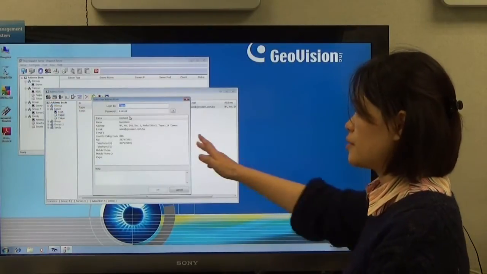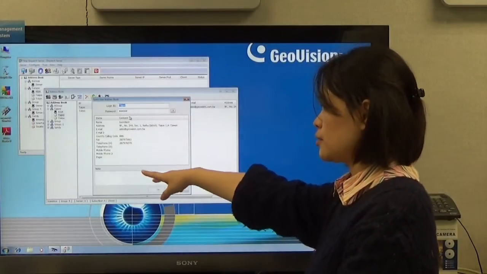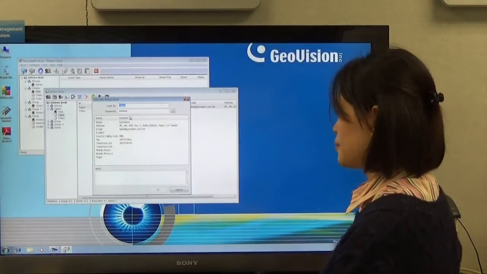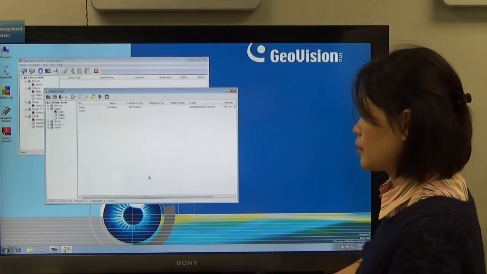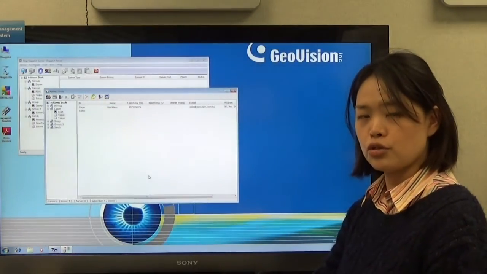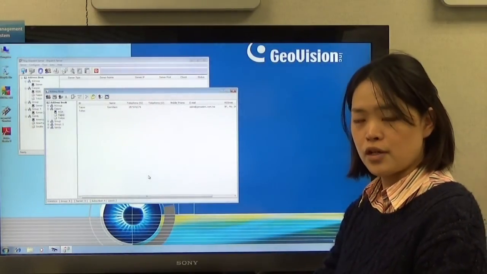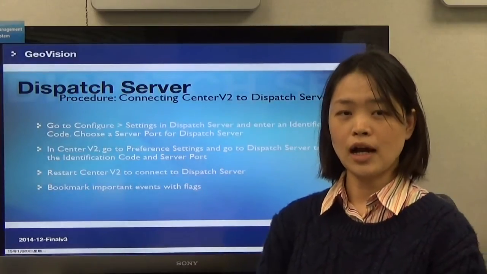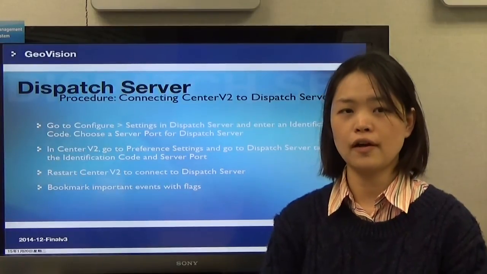You can provide the same ID and password, and you can provide detailed information: your name, address, and your phone number over here. After you create an account here, you will be able to make a connection from your GV-System or GV-IP device to your dispatch server. In this slide, we will have a little conclusion here about how to make a connection from